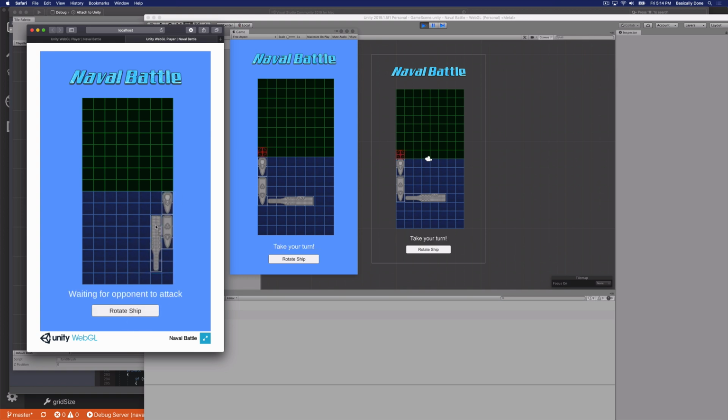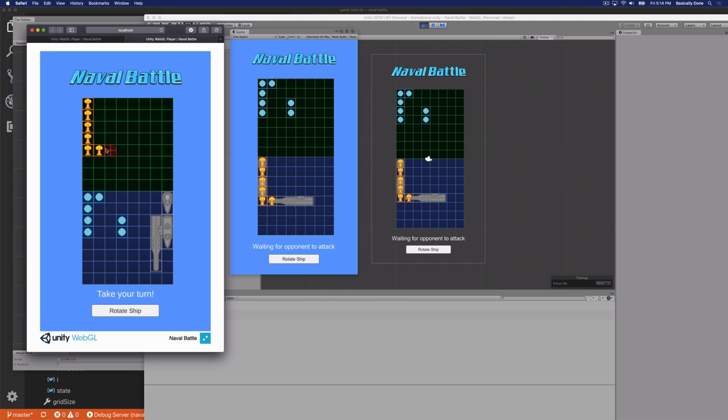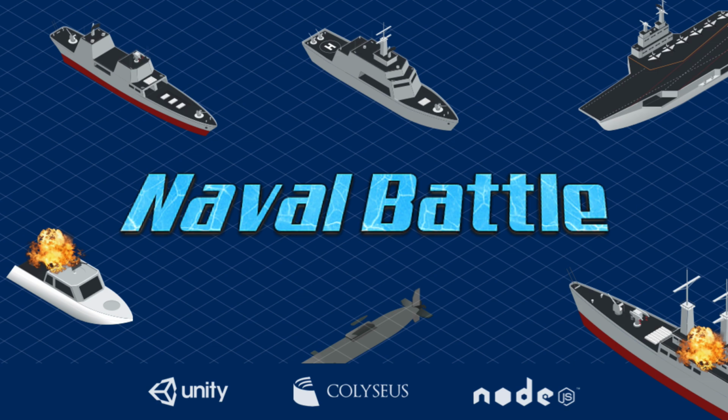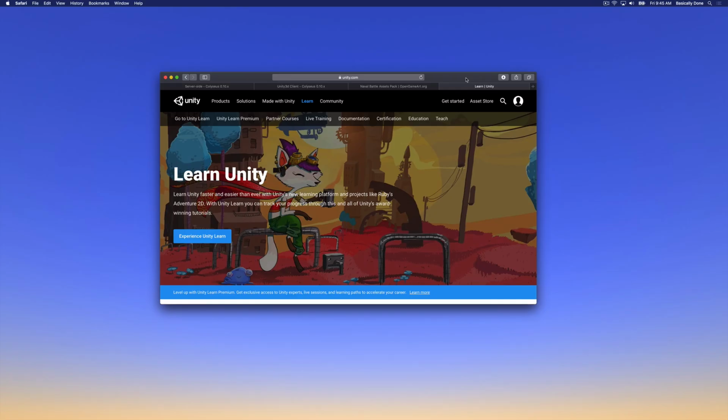That means players will start by placing their ships on the board, followed by back and forth turns shooting at each other, and eventually someone's fleet will be sunk and the game will be over. Let's get started. Okay, so the first thing we need is Unity, and you can grab that for free if